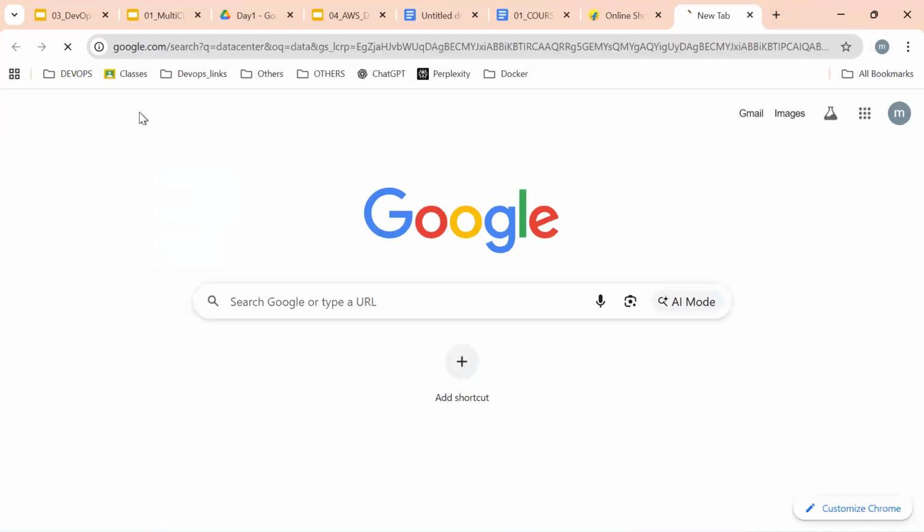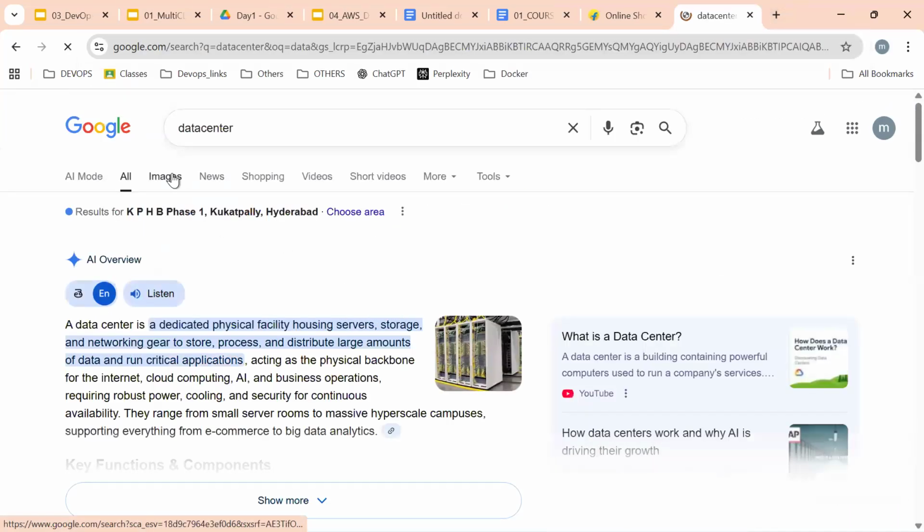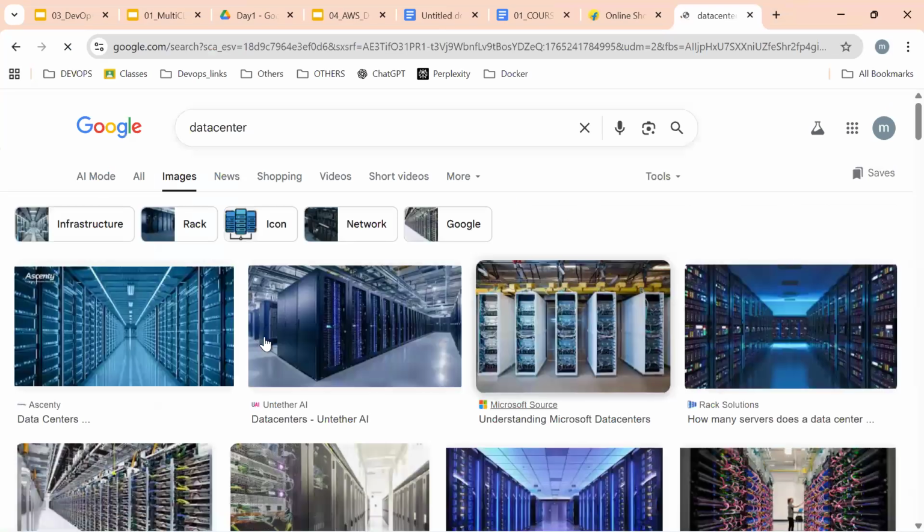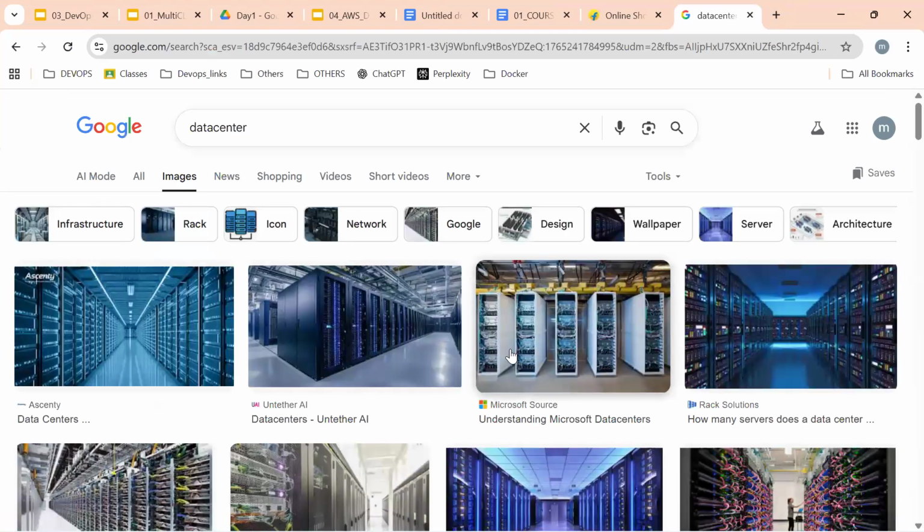What is a data center? You know very well. Each and every student knows about it. The huge computing power kept rack-wise in a big room, we call as a data center. These data centers are located in different geographical locations like Chennai, Mumbai, Singapore, Hyderabad, Sydney, UK, London, South Africa. So many places these data centers are located.